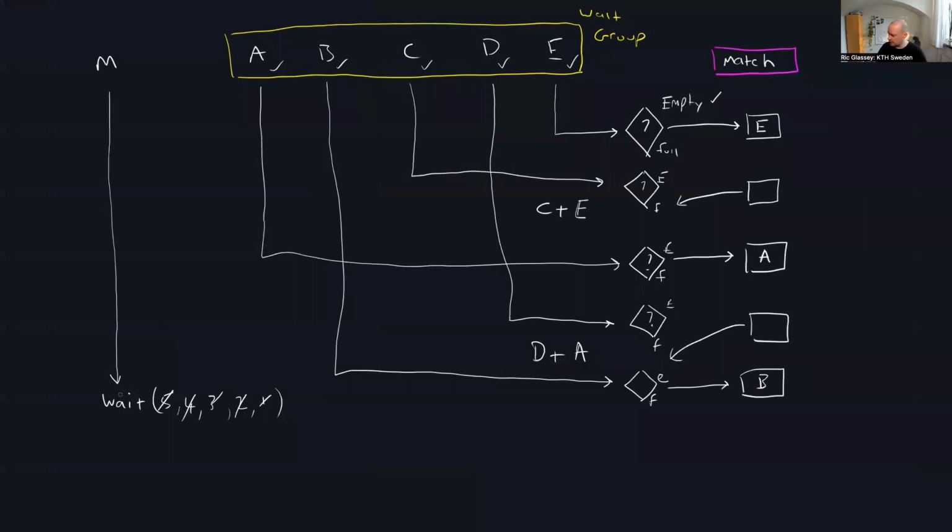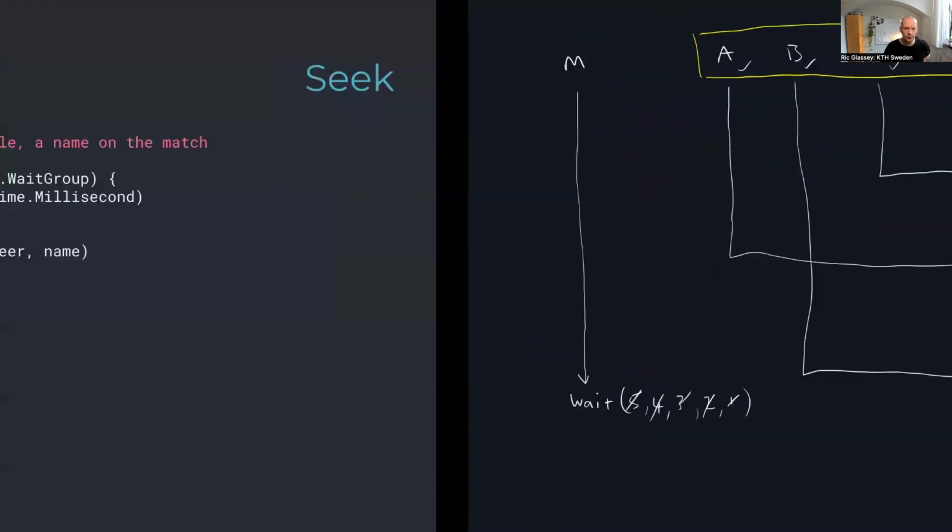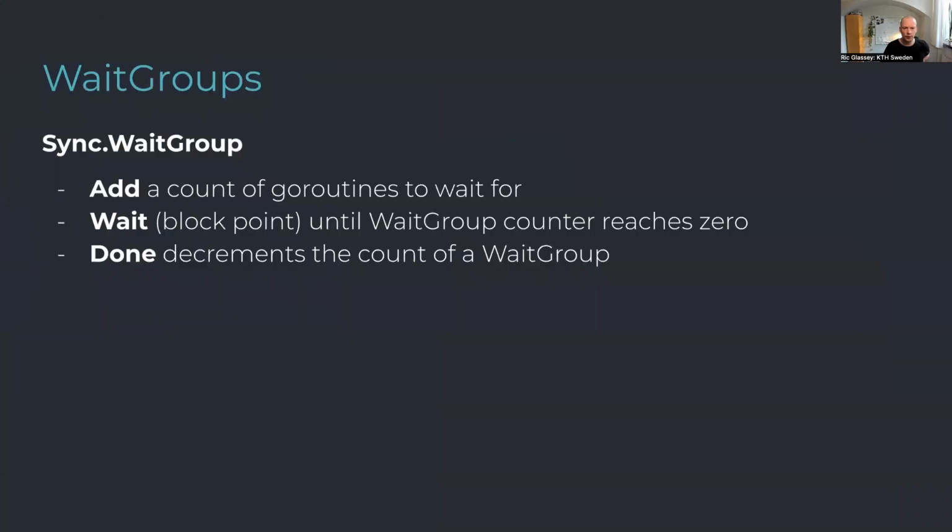Even though there's not a lot of lines of code in this, the new thing we're looking at is using wait groups to coordinate several Go routines as they're trying to get matched. Again, from the sync package, the wait group is